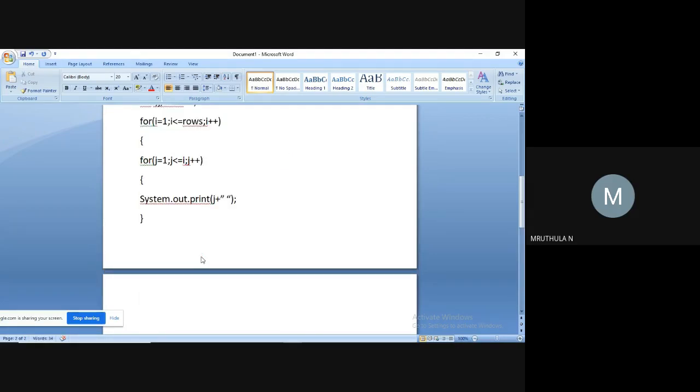Then after closing the for loop of the j variable, we need to switch to a new line. So again, system.out.println.